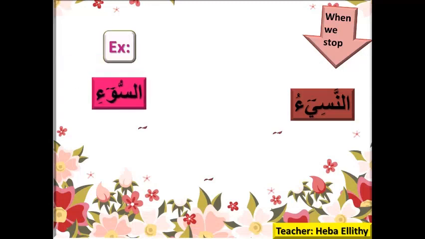Second example here, the word as-su. This is how I stop on the Hamza too. I raise my voice on the Hamza a little bit to make it clear. If you look here, this is Hamza with kasra, but if I stop, it will turn to Sukun. It has Mad Wajib Muttasil before it, so I stretch this waw 4 beats and then I sound the Hamza. In this case, I should make it with Nabr. Again, on this Hamza I make Nabr when I have a mad or leen letter before it and I stop on this Hamza.